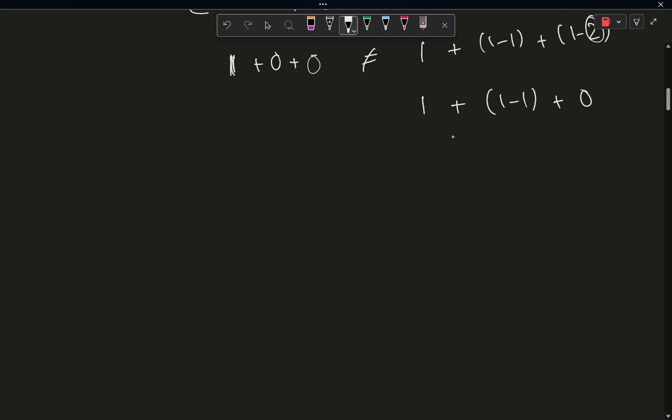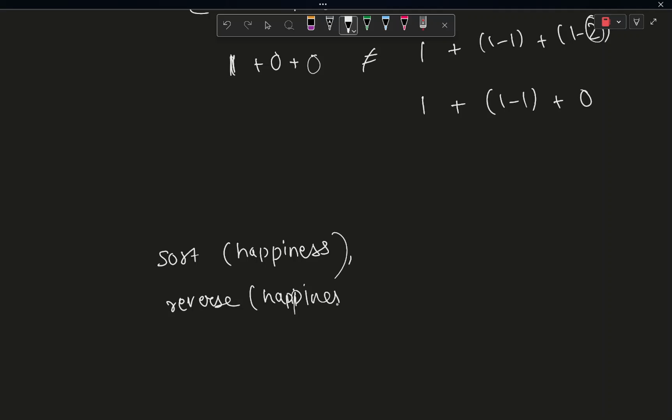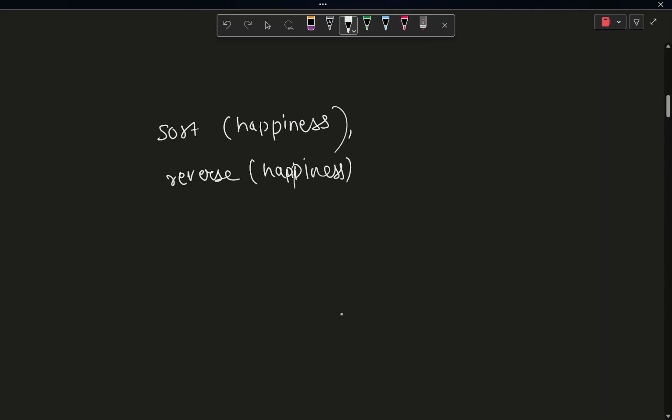We just found a case where it is failing as well. So what we will do is sort the happiness array. Maybe let's say reverse sort it, or just sort it and then reverse it, so that the larger values are coming first. Obviously, it doesn't really matter. You can have larger values coming at the end also. It just needs to be sorted. And after that, for i equal to 0 till i is less than k, for the first k elements,